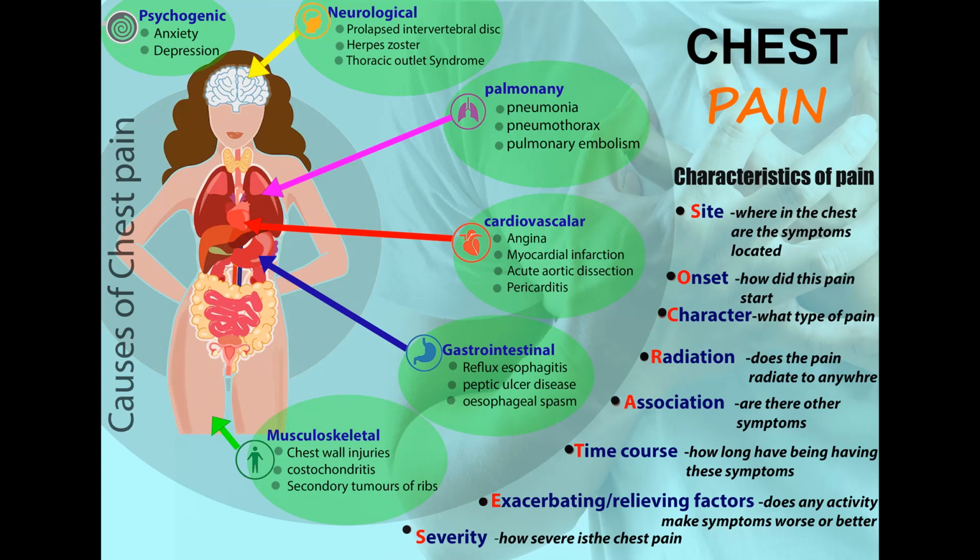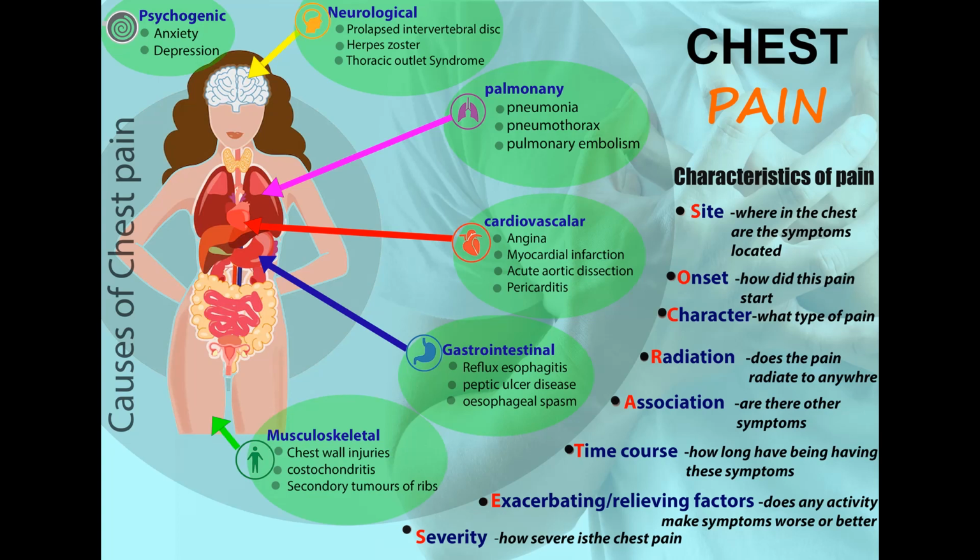The next cardiovascular cause of chest pain is a rather uncommon, rare condition, acute aortic dissection. Patients present with very severe acute retrosternal pain, felt as tearing or ripping pain, which radiates to the back between the shoulders. The pain lasts longer, and acute aortic dissection may be associated with poorly controlled hypertension. Pericarditis is inflammation of the pericardium. In this, patients may present with sharp and severe retrosternal or left-sided chest pain.